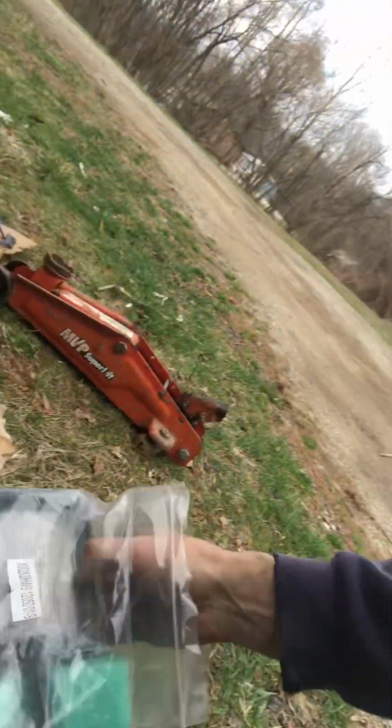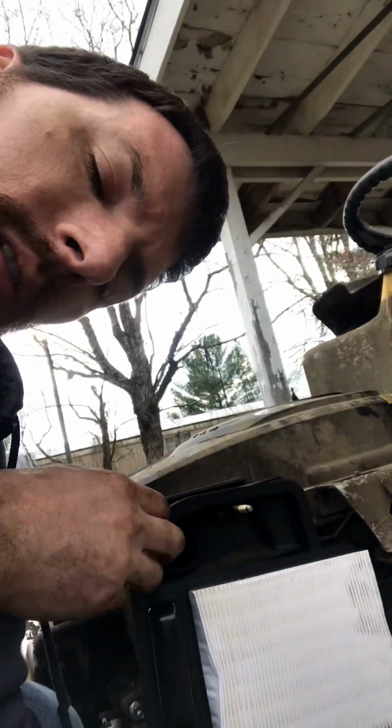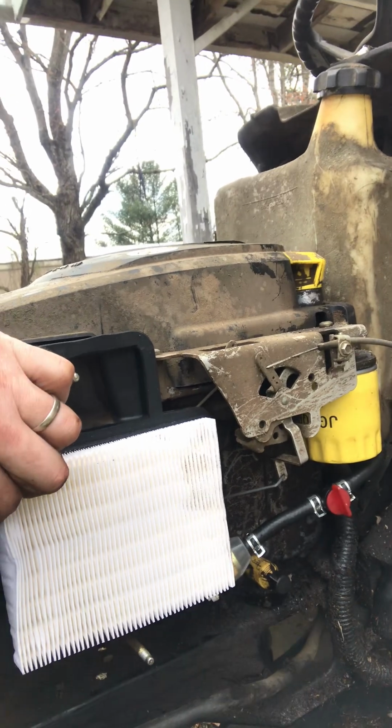And then you just take what you've ordered, which are these guys, and they'll fit back on the same way you took them off. There's a little ridge that it fits around. It's hard to do one-handed, but